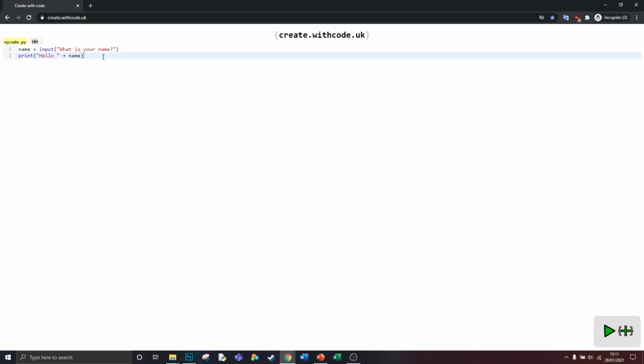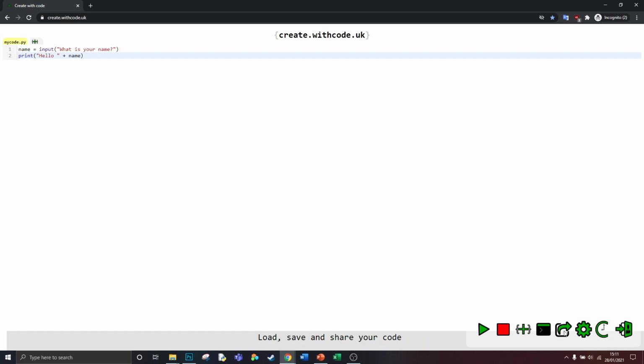So the second thing I want to show you is how to save and load your code for future use. So again, in the bottom right hand corner, we have this plus button. And what this does is it hides a little toolbar of functions that we can use. So if we click the plus, we can see here we now have a few more options. So if we click this one here with the little arrow that says load, save and share your code,